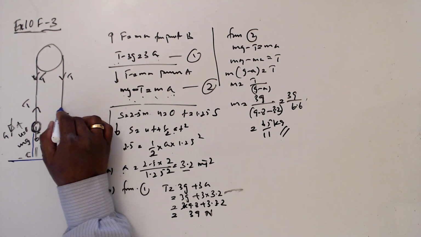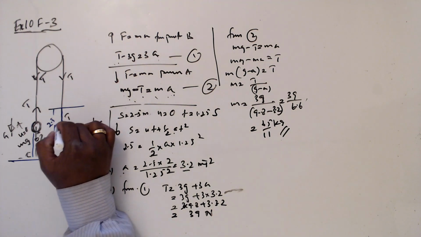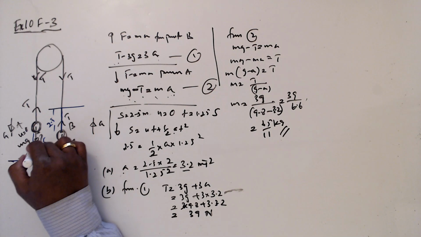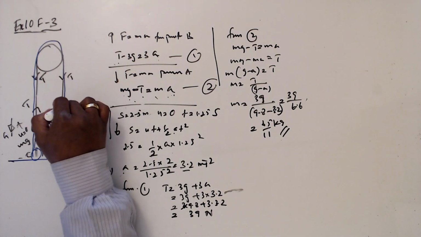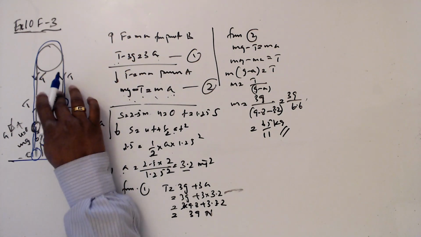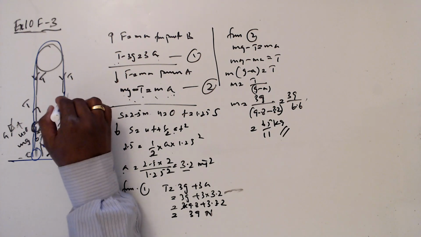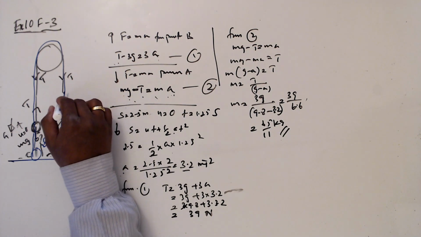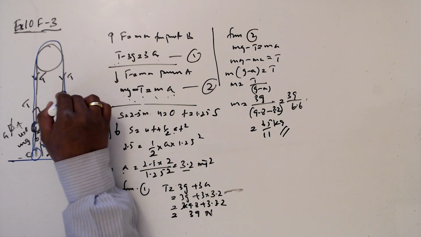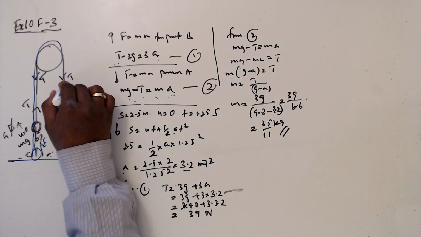So the length, it will go up to here, 2.5. Then after that, it will start moving freely under gravity, and go to 0, and then again